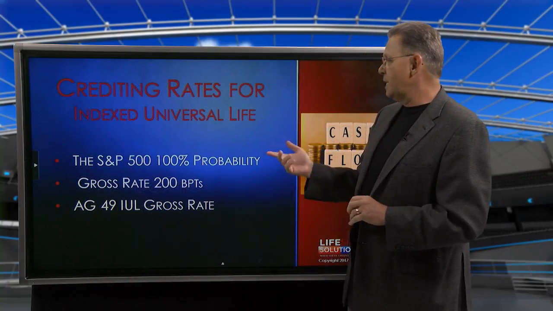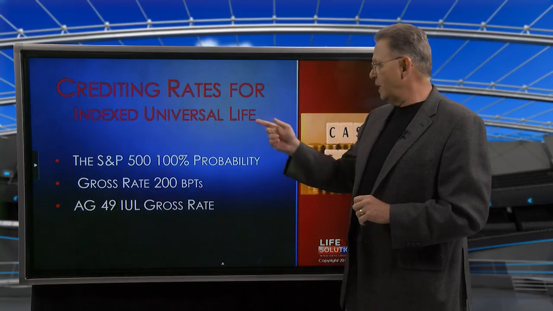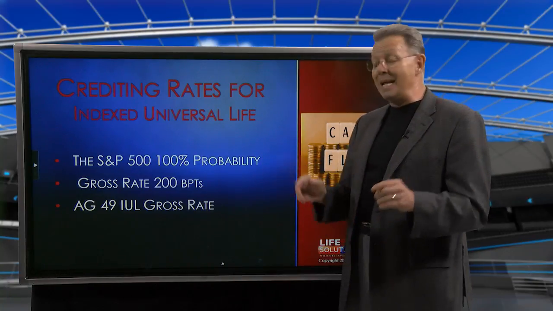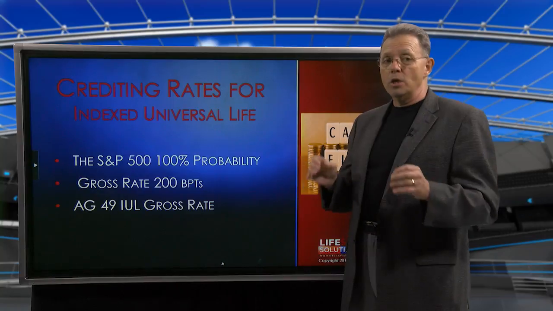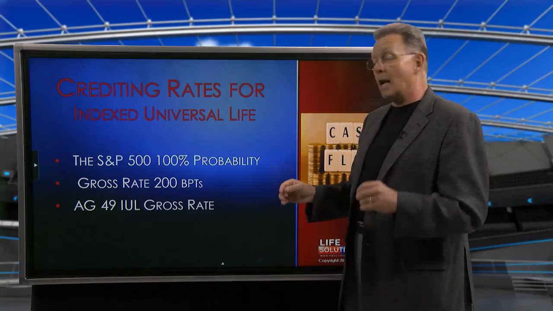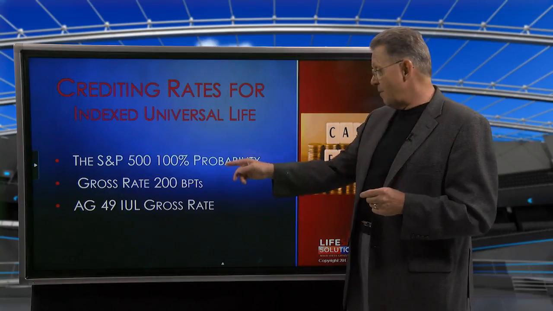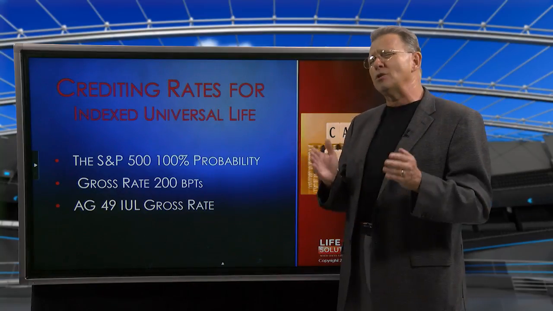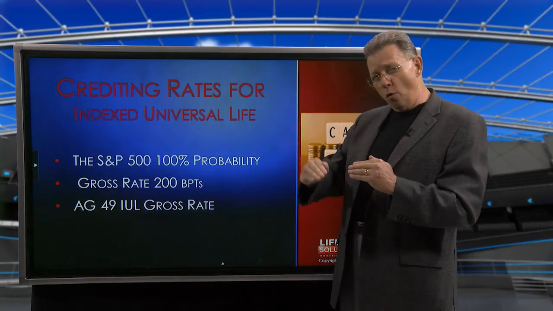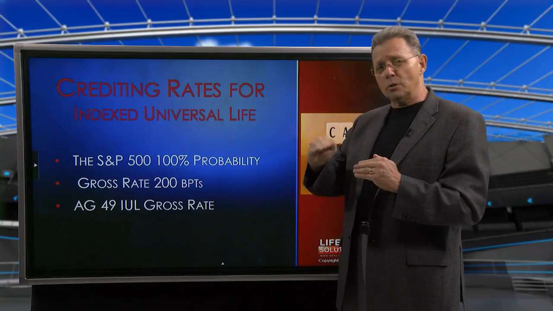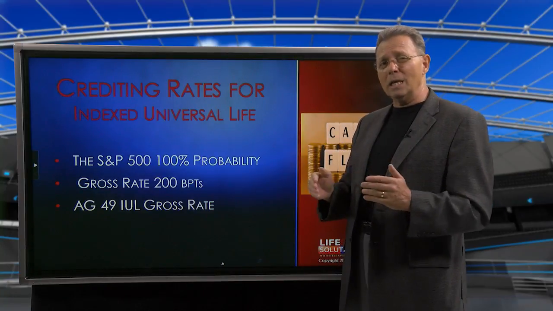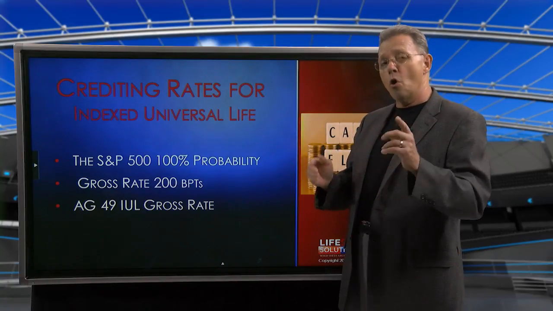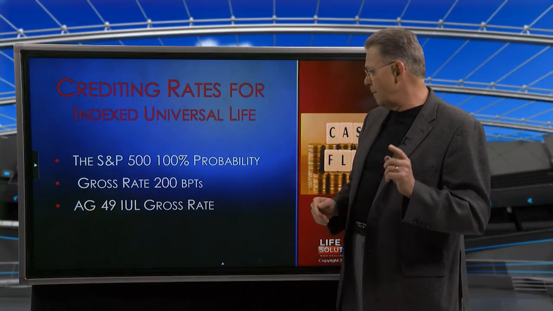And then I'm going to be looking at the crediting rates for index universal life. The S&P 500's 100% probability rate is right around 5.5 using two 20-year tranches. And I'll send you that if you say, Steve, I'd like to see that. And then the gross rate of return for products like indexing were really built to be about 200 basis points over whatever the company's interest crediting rate is. It's really not to be at 9 or 10%.